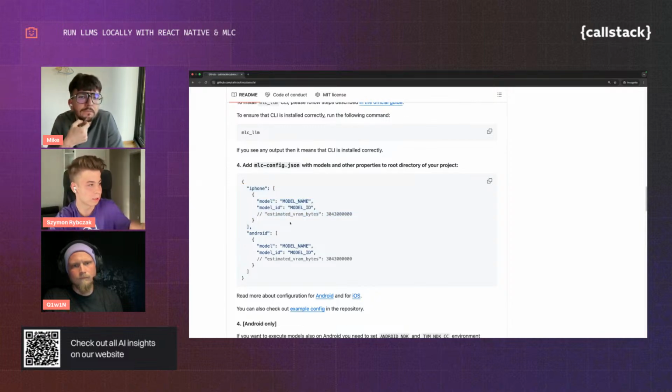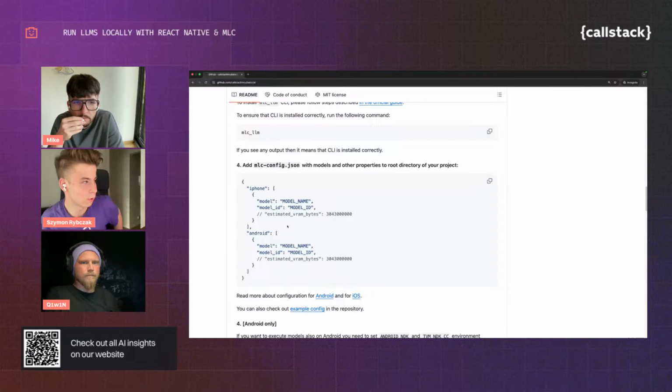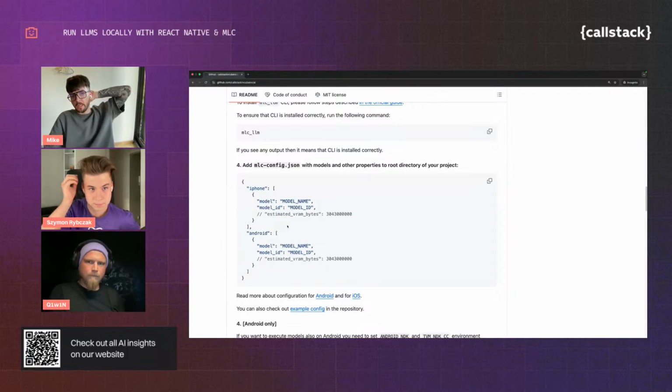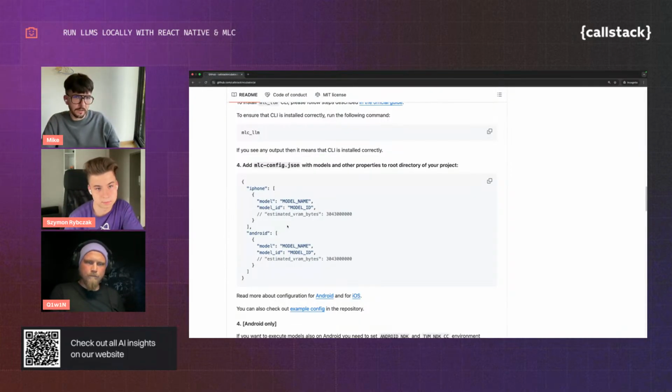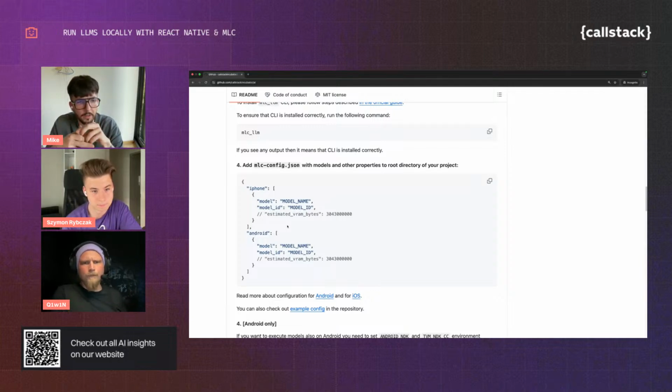So with all this, we are checking the config, and whether we have all the files required for the build, for the native compilation of the app on iOS and Android. Then you need to run the CLI, and yeah, then you have that. So each time I need to go to Hugging Face, get the model and model ID from there, set it up here, and then we recompile the app, or no? You just have to paste in the link, because